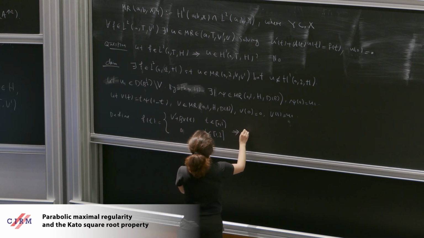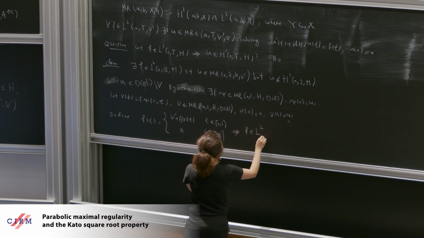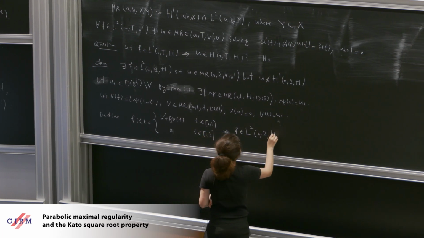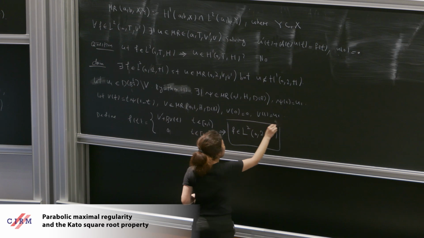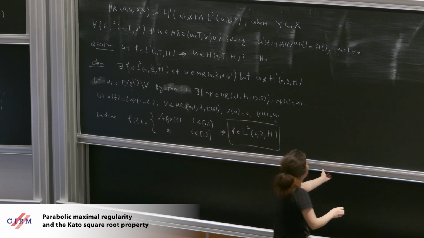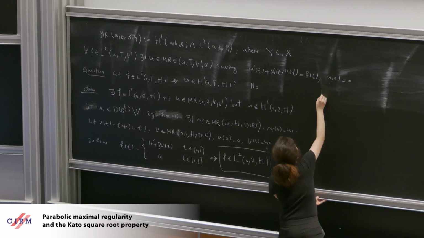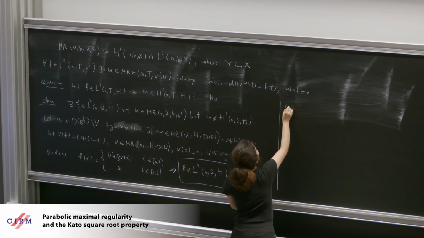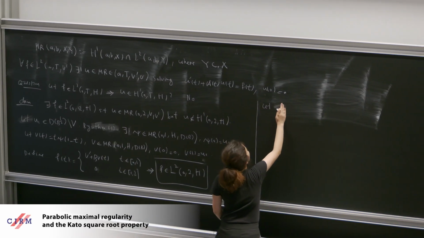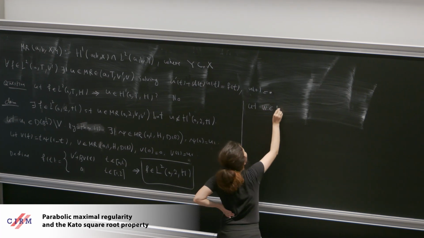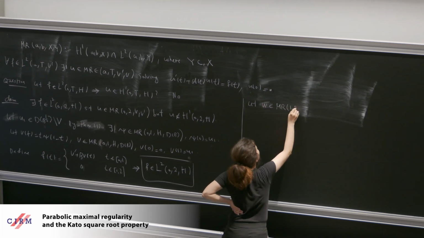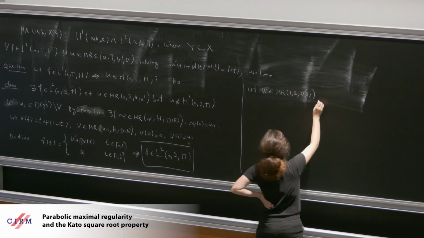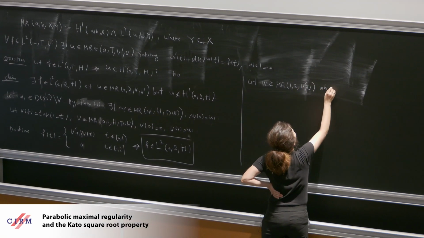Please observe that f is indeed in L2 of the whole interval, it is 0, yeah? Also, it is important, also you can say that there exists such a W in the maximal regularity space on the interval between 1 and 2, V prime V, which solves